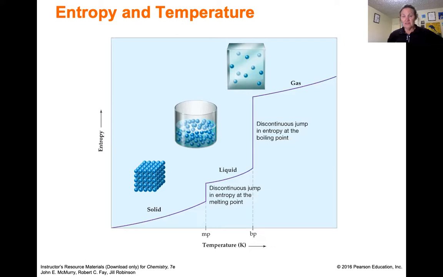When you get to the phase transition from liquid to gas, notice there's a huge difference. So solid to liquid changed a lot, but liquid to gas changes a lot more. There's a huge vertical change in entropy. And then when you get up to the gas, just like the solid and liquid, there's a continuous increase in entropy. So you add more temperature, more heat, the particles move with more kinetic energy. There's more ways for that to happen. So it continues to increase.